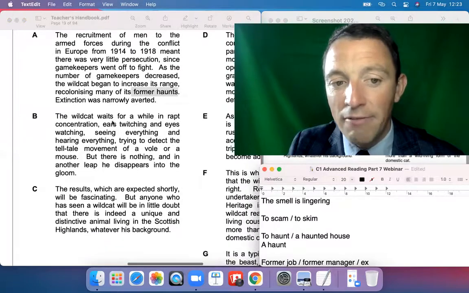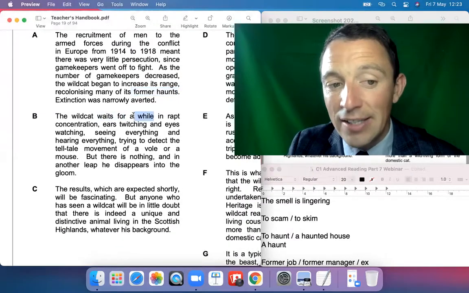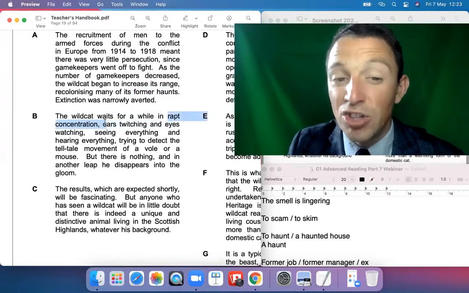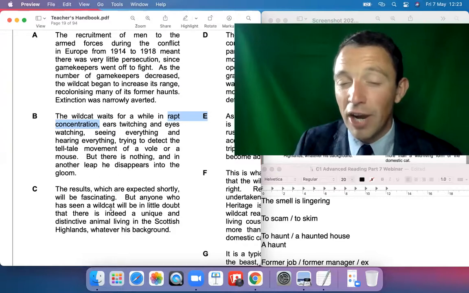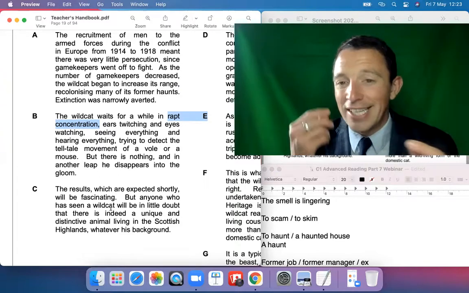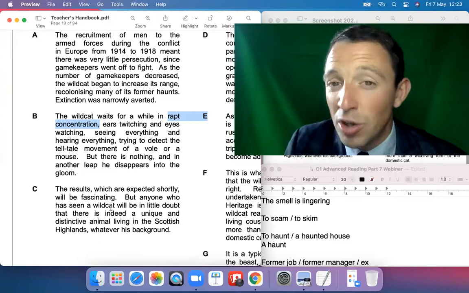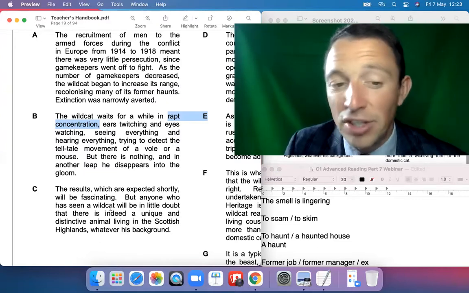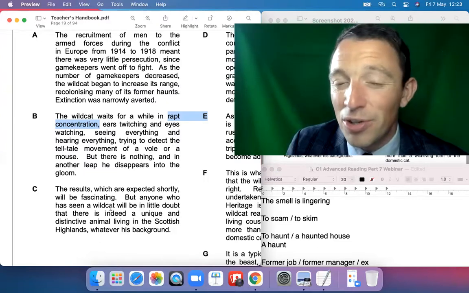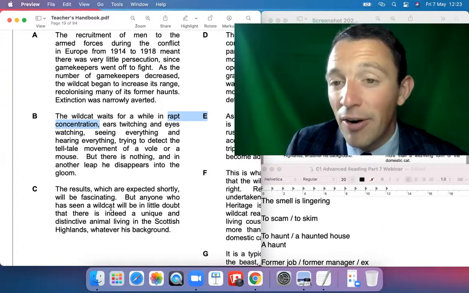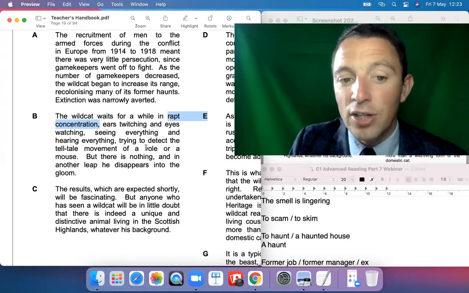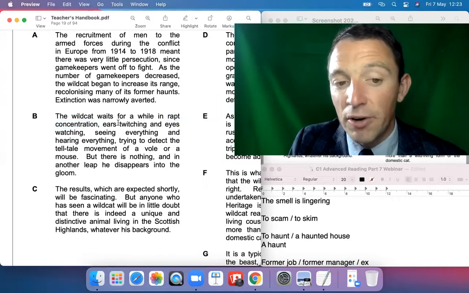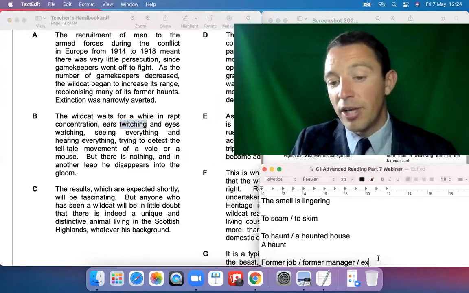The next paragraph, waits for a while, a little time, rapt concentration. So this is very, very proficient, and the significance is really intense concentration. Rapt concentration is like intense concentration, but it's not so typical. It might be difficult to understand possibly in this paragraph, but you just need to understand the general idea. Okay, ears twitching. This is very, very good vocabulary as well. So the verb when your ears are twitching,